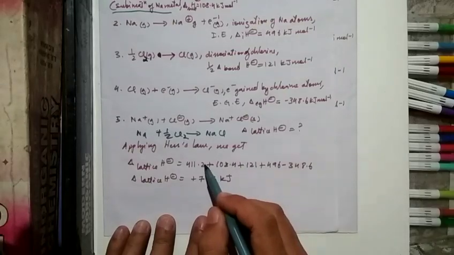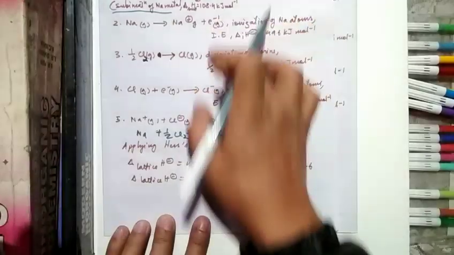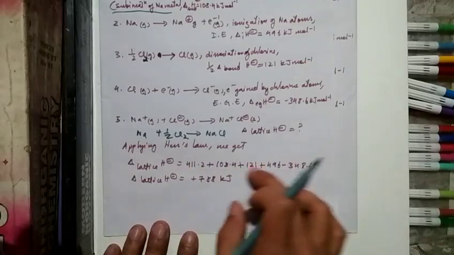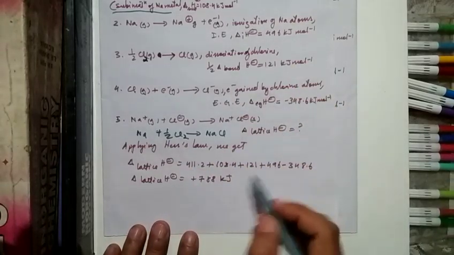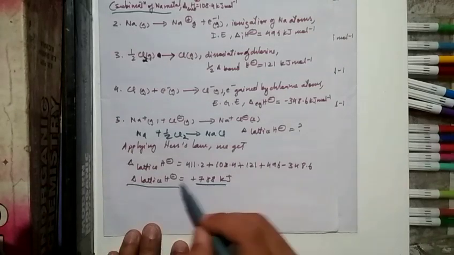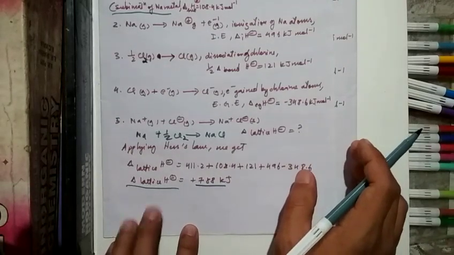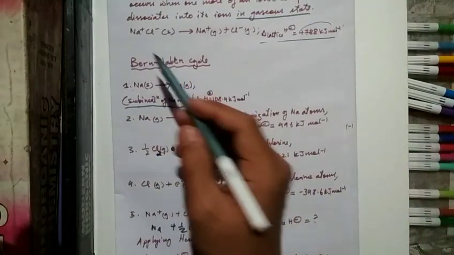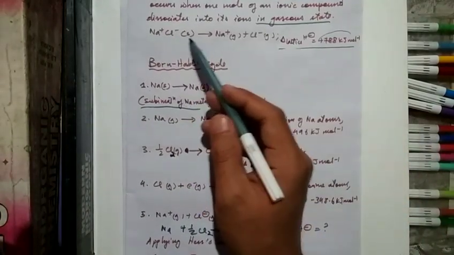We bring all the steps together and sum them up, and then we get this value, 788 kJ. So this will be the lattice enthalpy of sodium chloride, 1 mole of sodium chloride,